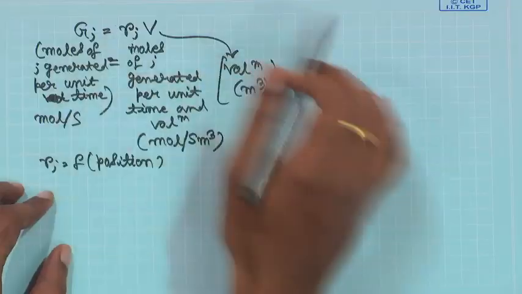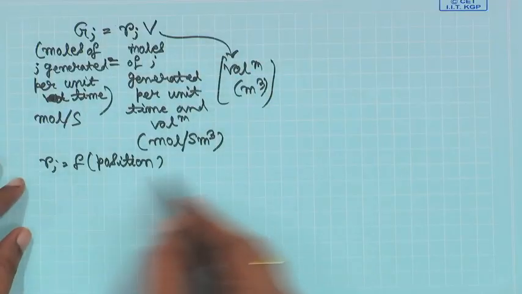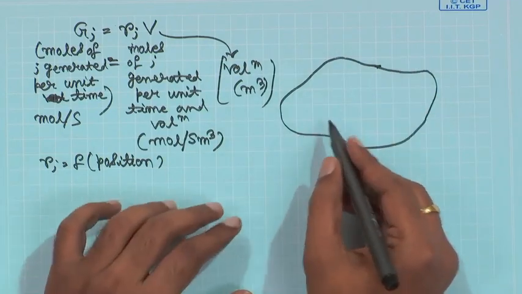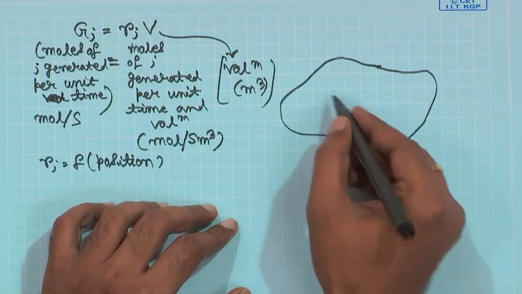And not only that, suppose the concentration of the species is varying at different points because it is not stirred uniformly, then also the rate of generation per unit time per unit volume will vary. So, in that case this Rj is not constant throughout V. So, what you can do is that you can take your sample and you can create this kind of